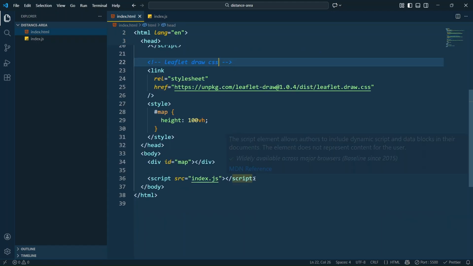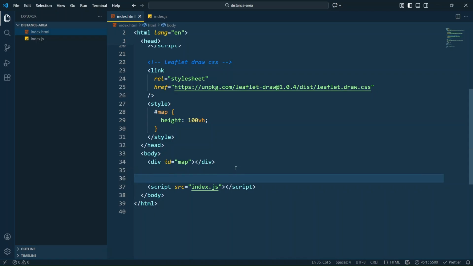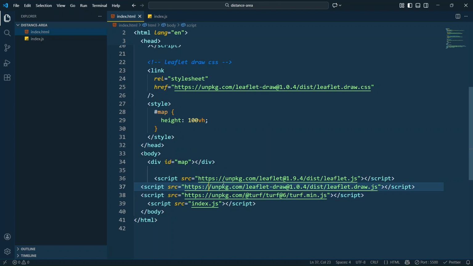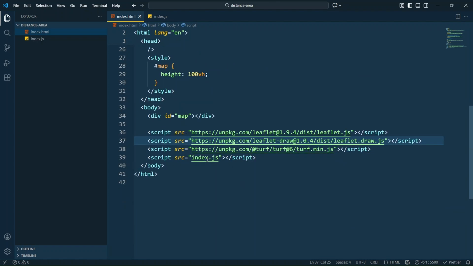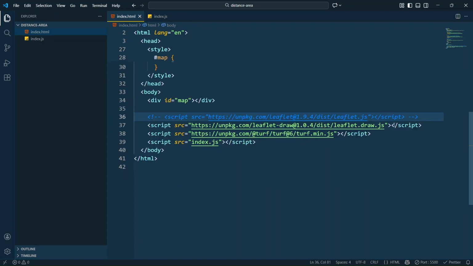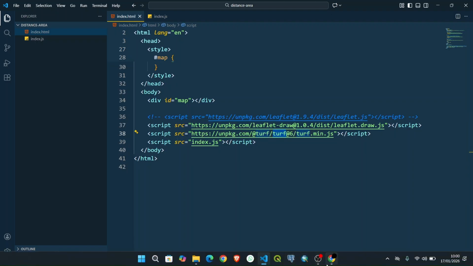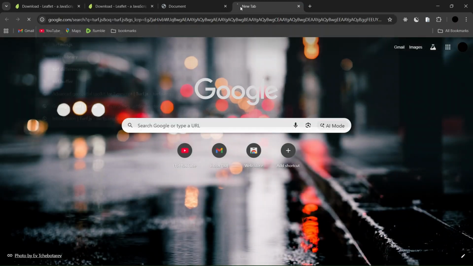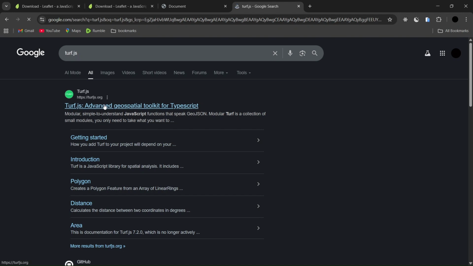So I also need to paste some of the links down here for the JavaScript. I'm going to get those back like this. As you can see here, I have three links. The first one is the Leaflet.js, which you can just comment, and then we have the leaflet.draw.js, which is okay, and then we also have Turf.js. But for drawing anything on the web application, you need to use this package called Turf.js, and you can get that link from turfjs.org. And if you just open Turf.js,